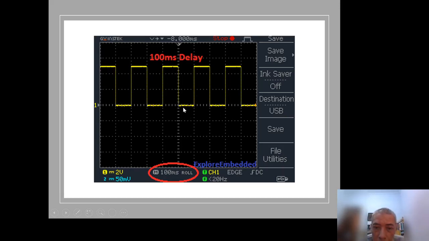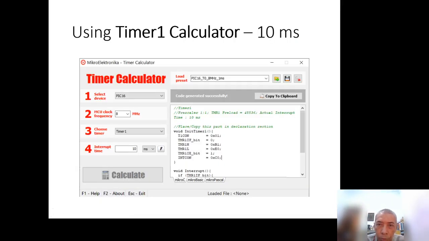Okay, 100. This and every box here is 100. So this is 100 millisecond delay, up and down, and for the toggle blink on off. So if you have to use the timer one for 10 milliseconds, 8-bit 10 milliseconds for timer one, you can accurately